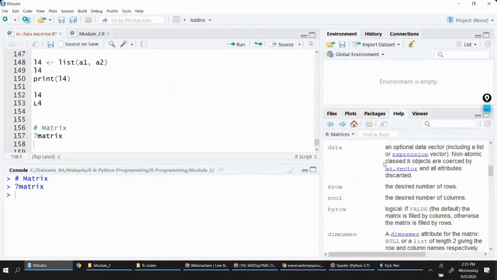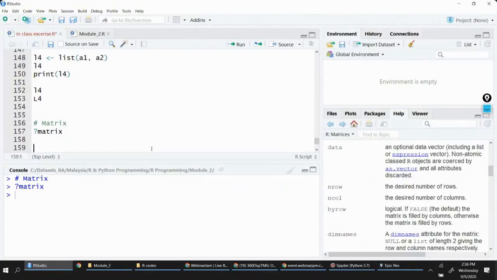Then we have dimnames, dimension names. Right? These are the names that will be given to rows and columns. You can specifically label rows and columns in the matrix using this dimnames. So let's create a random matrix, right? Just for fun, we'll create a random matrix. So let's say M, I'm creating a variable M, and you're assigning matrix to it. So I'll say matrix,